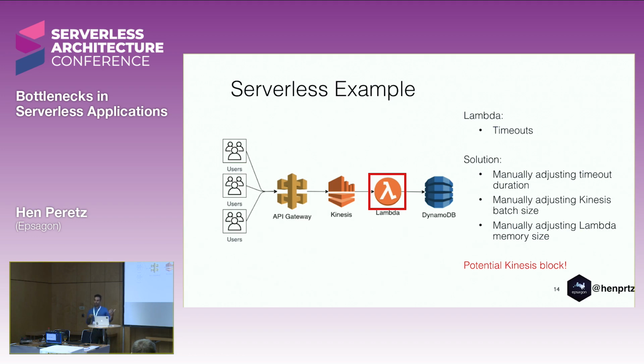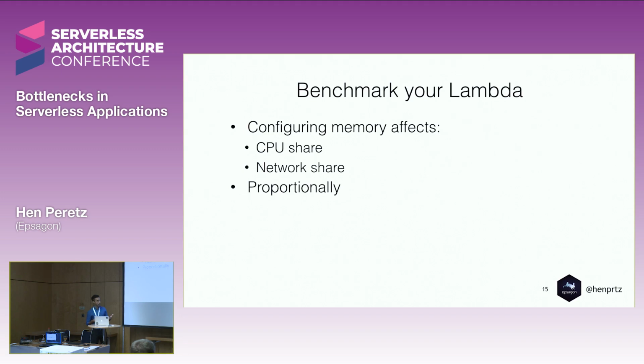For those of you who were in my lecture yesterday, you're already familiar with this: the number that you allocate to the Lambda also affects the CPU share you're going to get from AWS. It also affects the network share. So this means that if you are using